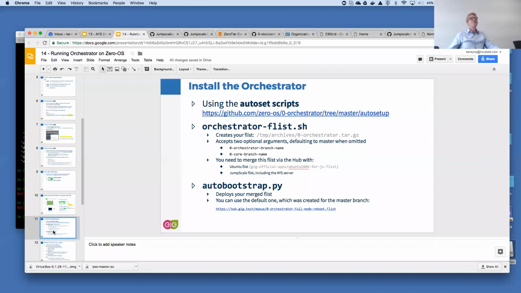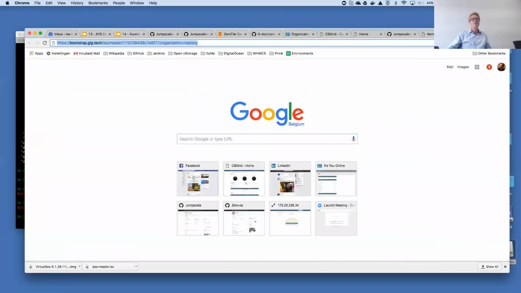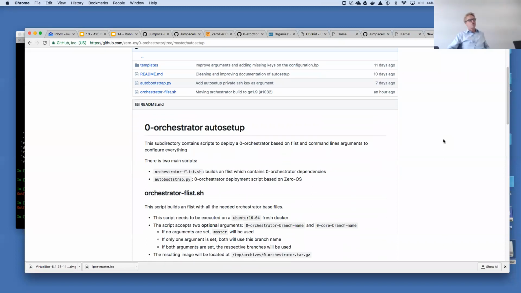Okay, the actual installation. We have been talking for almost 1 hour, and now we are finally at using the script. Remember, the script is this new thing that replaces the manual way of installing. So this is the thing that you see here. You go to the OS organization, there you go to the Orchestrator, and there you have a new directory, auto setup, which already includes some first